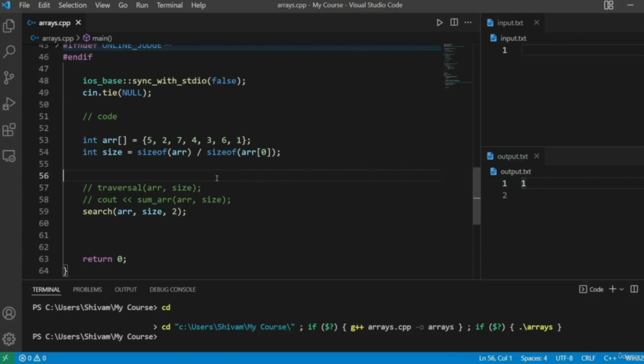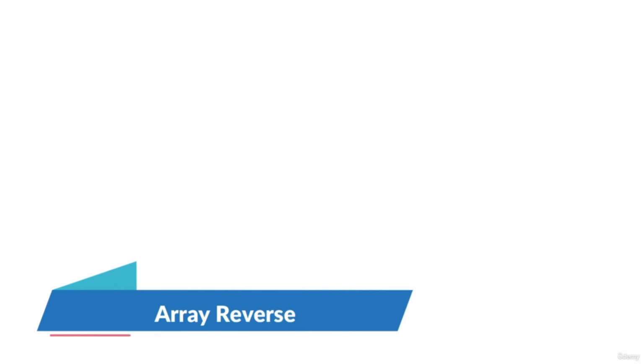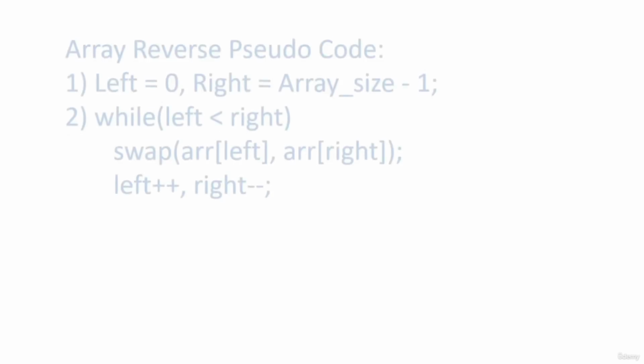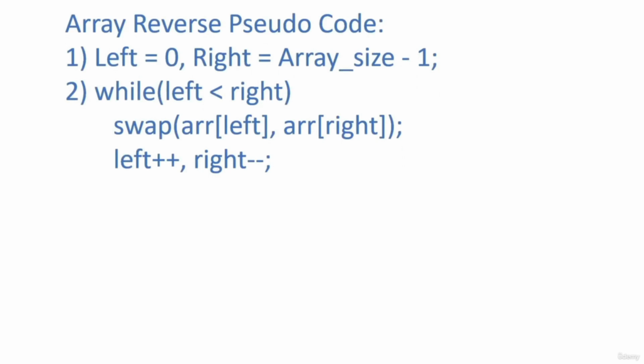Now let's tackle some other operations. The fourth operation we are going to see is reverse of an array. We can simply print the reverse of an array by using a simple for loop. But if you wish to make changes in the actual arrangement of the array, then we have to use some algorithm. Here is the pseudocode of the algorithm. First step, we will take 2 pointers. The left pointer will point to the element present at the 0th index, that is the first element, and the right pointer will point to the element present at the